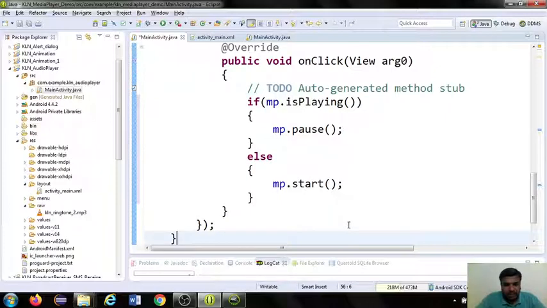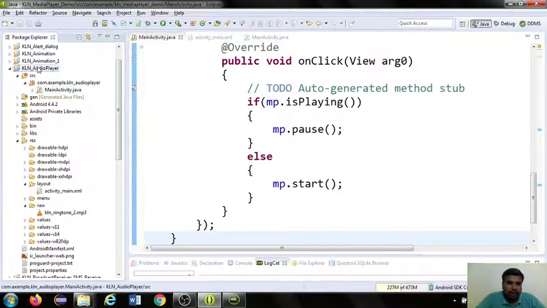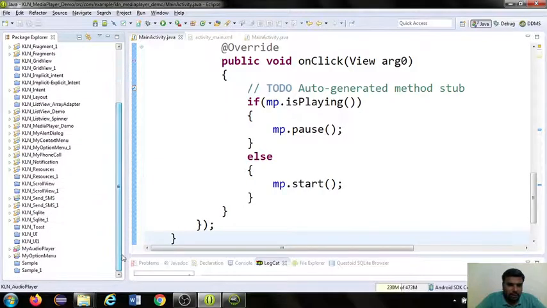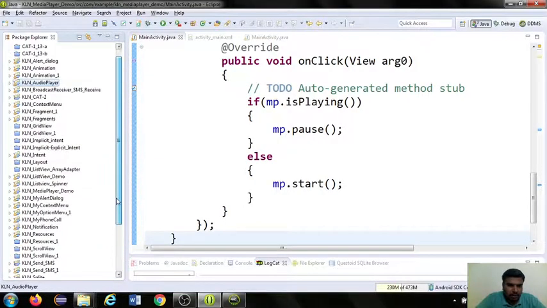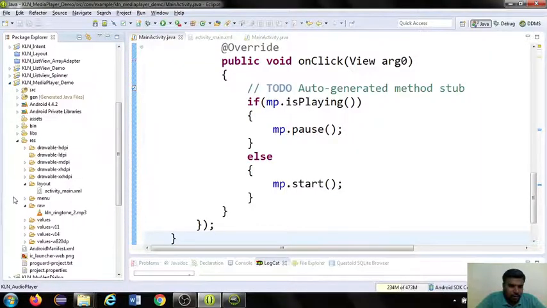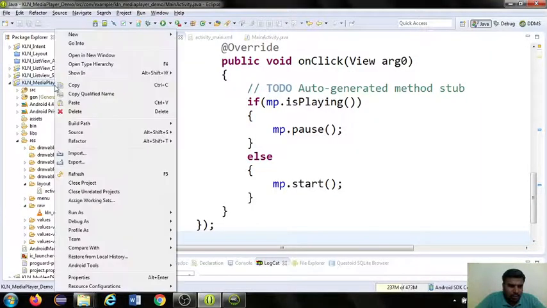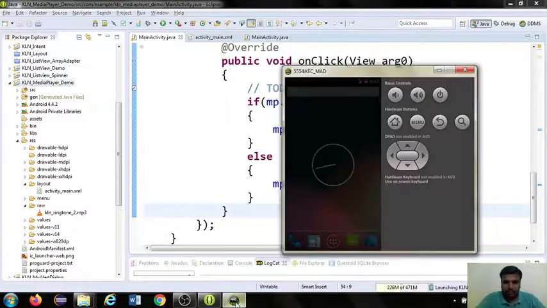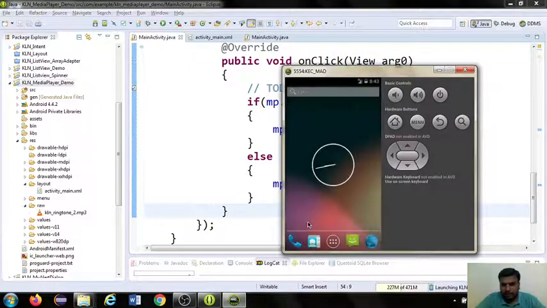Now let me check this pause button by debugging this app. So right click, run as Android application project. It is loading.